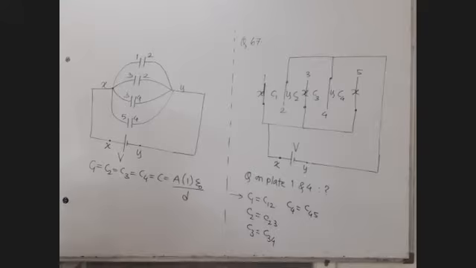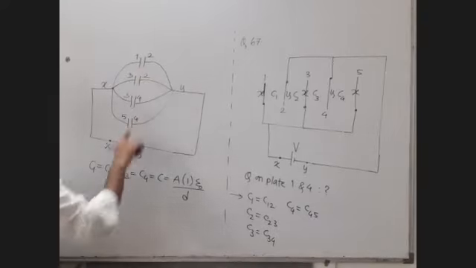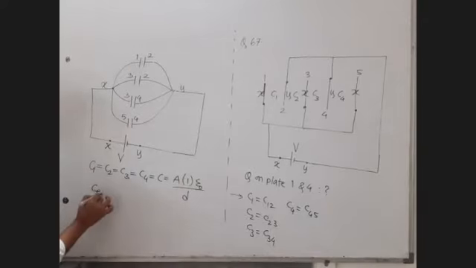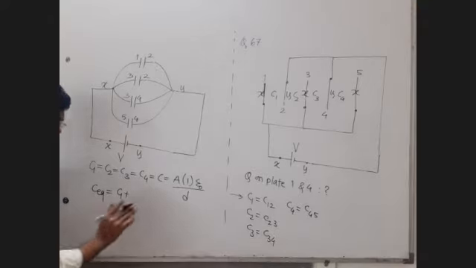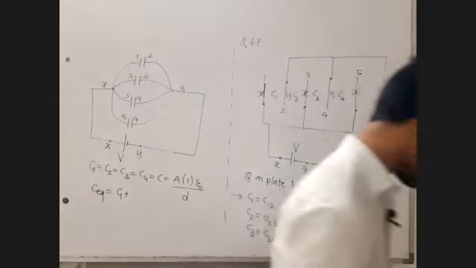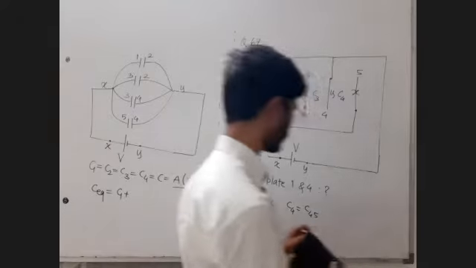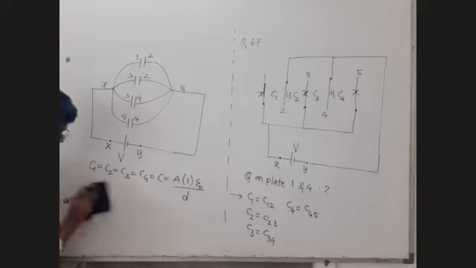Okay, fine. Now, first, second, third, fourth, all these capacitors are in parallel. Capacitors in parallel means equivalent capacity is equal to addition. So to find out equivalent capacity, we have to add it. Or even if you do not add it, it is okay, because actually we have to find out the charge. We are not asked equivalent capacity. Of course, you can go by that way also. But let me introduce a simpler way first.